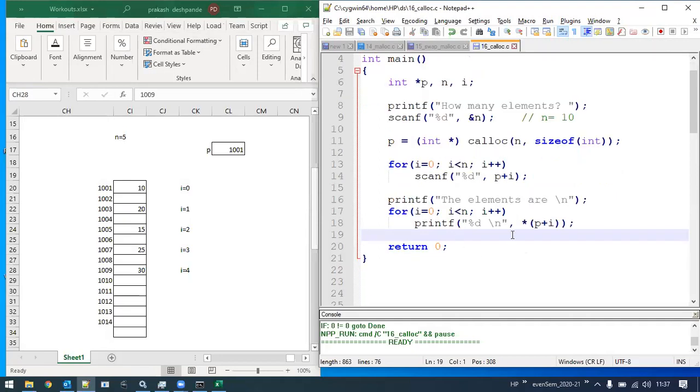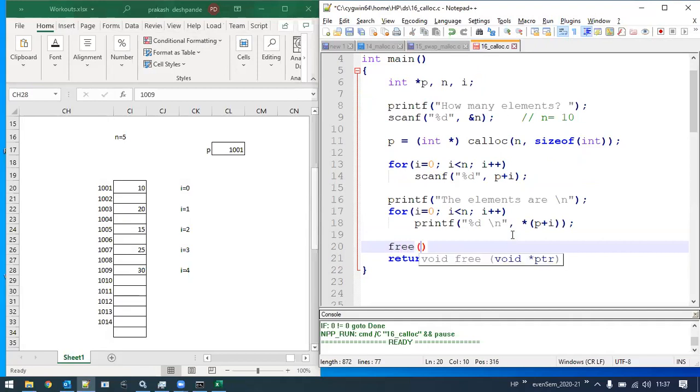Okay. And once the program is executed, we also need to deallocate the memory, which we have missed earlier. We need to write this statement also to keep the memory safe. Any doubts, students, here? This is a very simple example. No, sir.